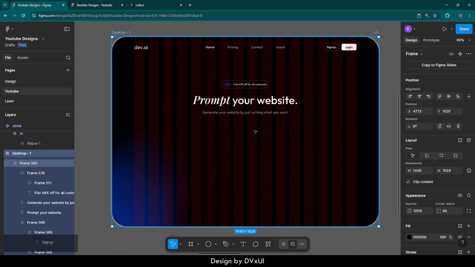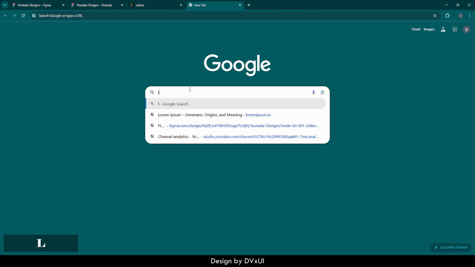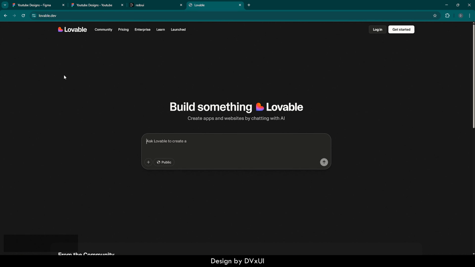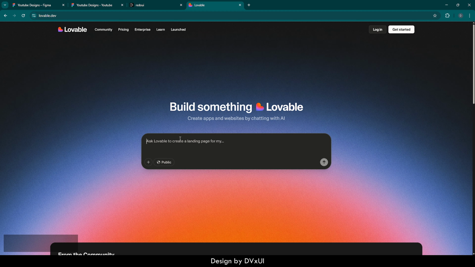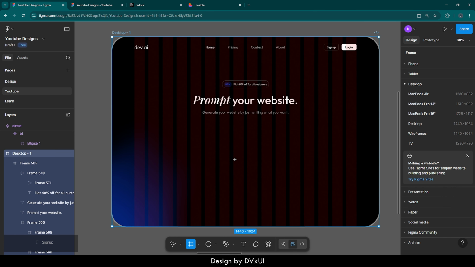Now the next thing that we need to do is to design a text field over here. You must have seen that in the AI websites. Let me show you. So if I go to Google and type in Lovable, go in the first link, you will see they have this text field over here, and we need to design something similar. So let's go back, take a frame, drop it,